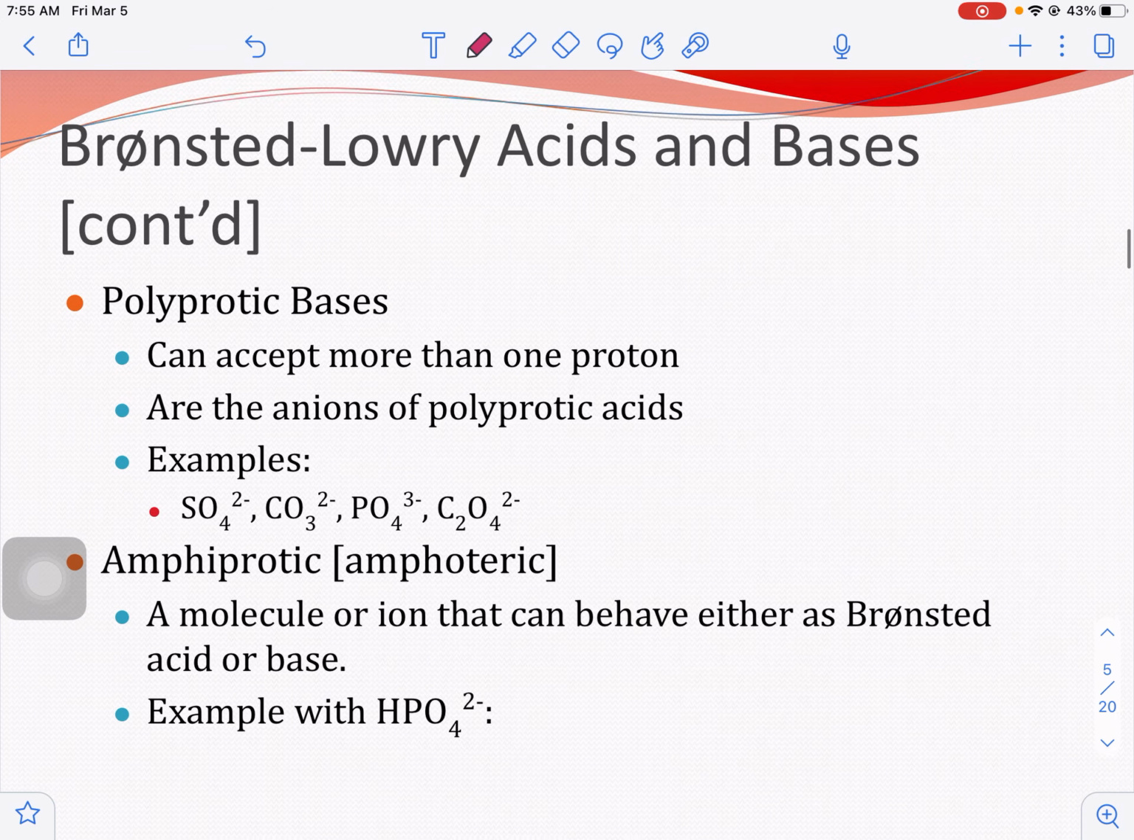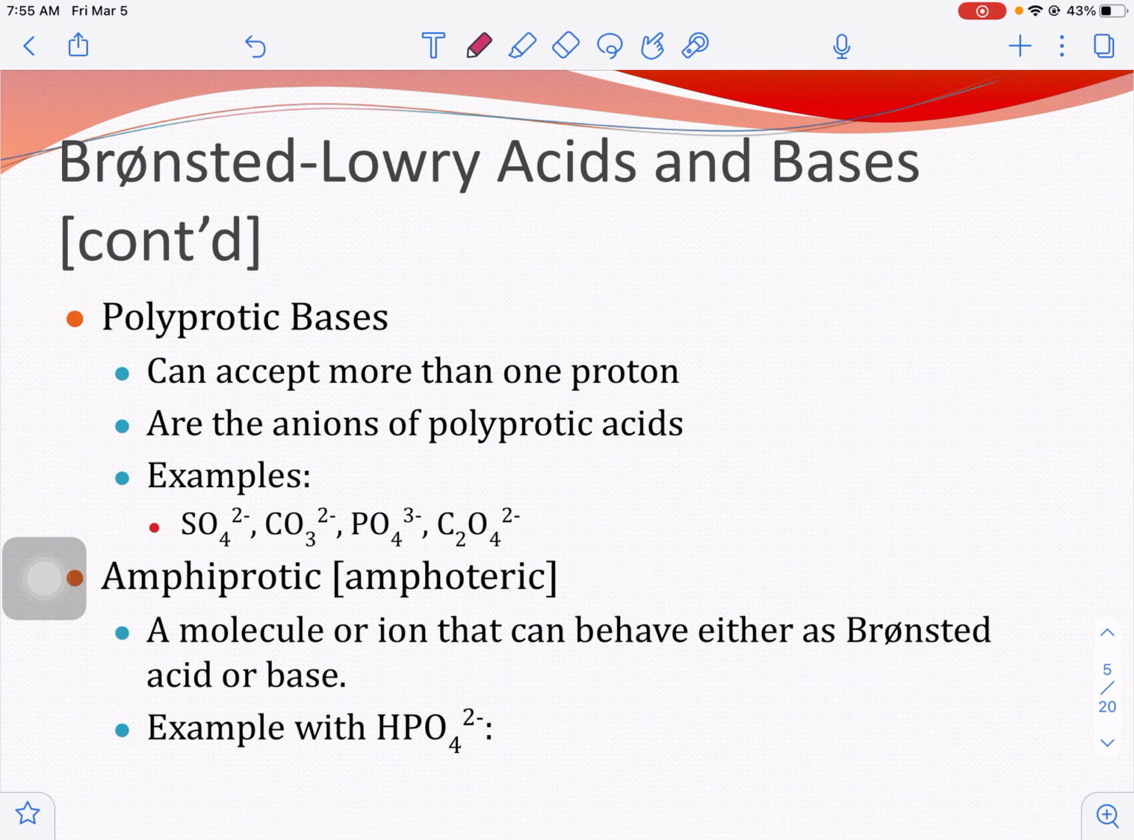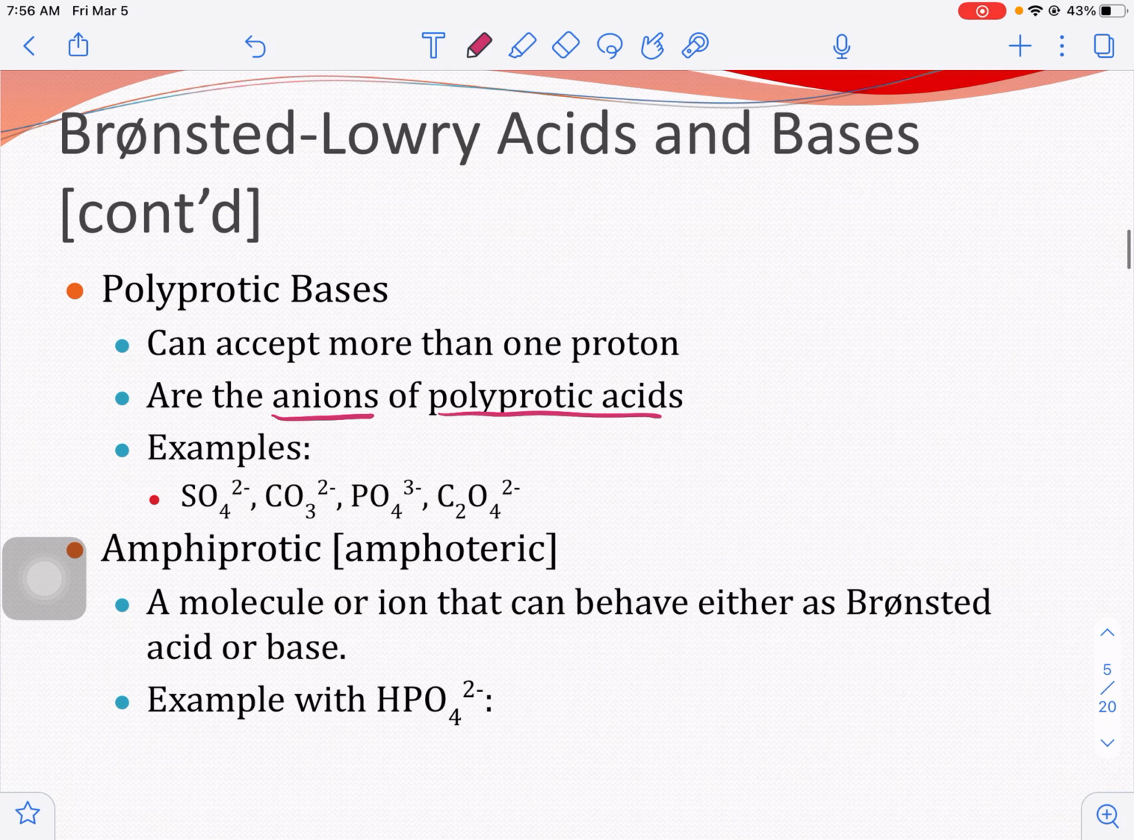With bases, you can kind of do the same thing. You can have polyprotic bases where they can take more than one proton. They always are going to be the anions of those acids we just looked at. So like if it's a polyprotic acid, the anion, the polyatomic that's inside of it, can be a polyprotic base, and it can take more than one proton. So like carbonate,